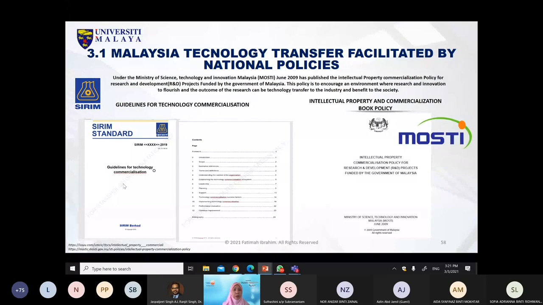So CIRIM has come out with the guidelines for technology commercialization, and it's very interesting for the industrial partner who wants to do technology commercialization. You can refer to this guideline. In this guideline, they will inform you about understanding the context of the organization, and then establishing the technology commercialization ecosystem leadership. And they emphasize it's very important for the industrial and the top management to have a support for the